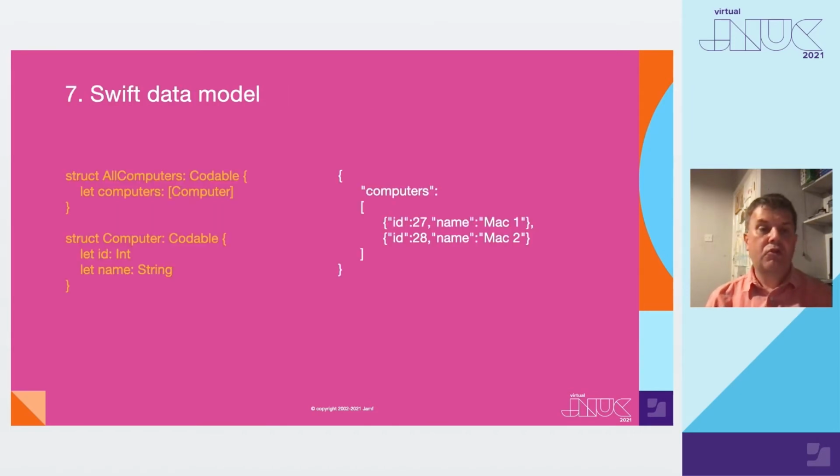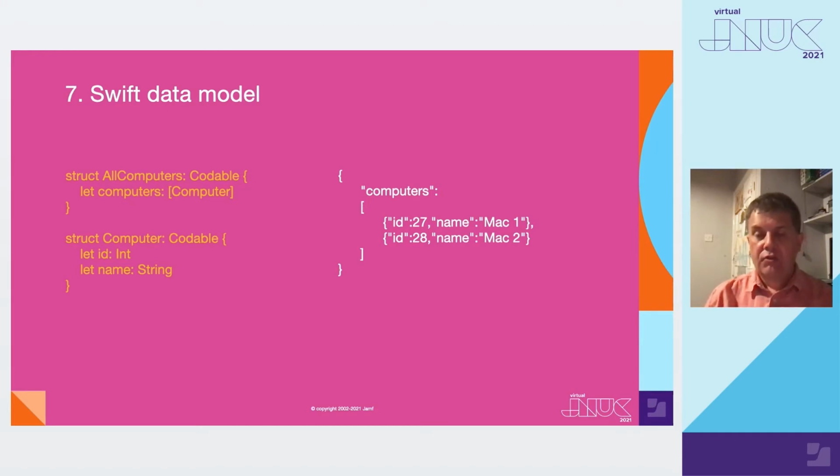To do this, we can use structures. A structure in Swift is a type that does a number of things, but the main 2 tasks are that it can store values, which it does using properties, and properties are just variables or constants. It can also perform tasks by adding functions. But in this example, we only want to store the values. So all we're going to do is create the properties to match what's in the JSON